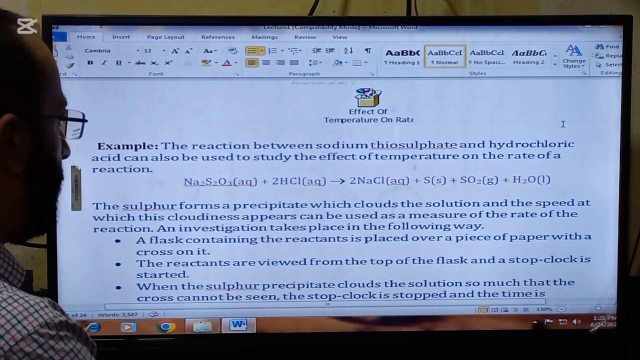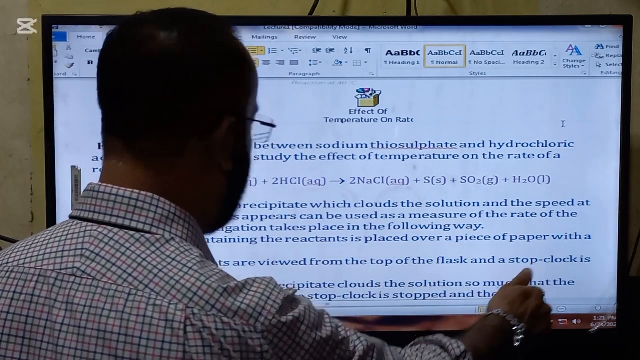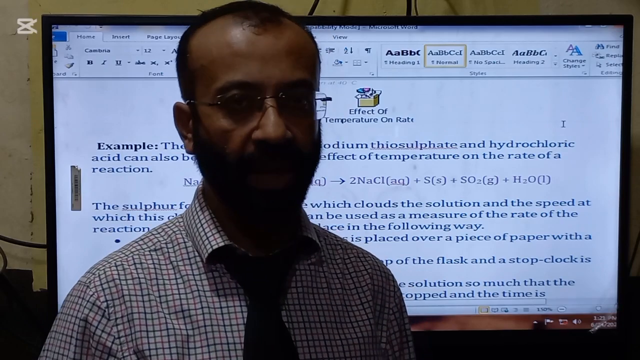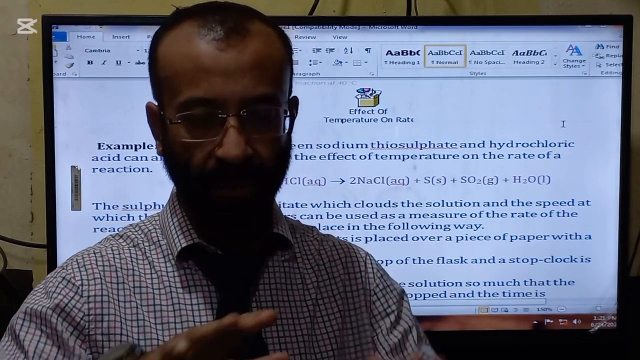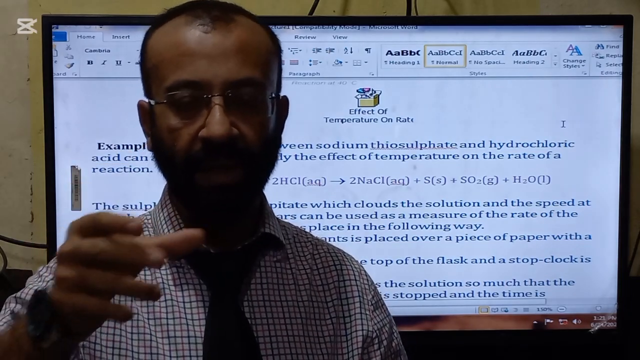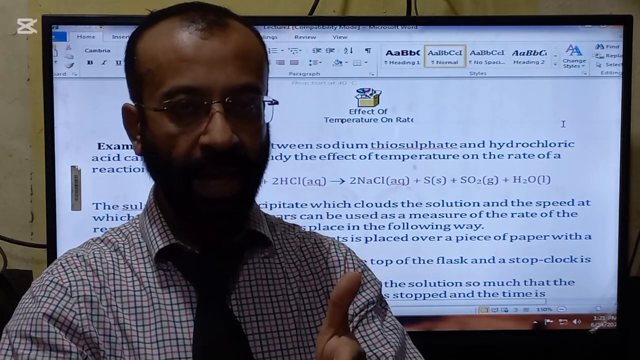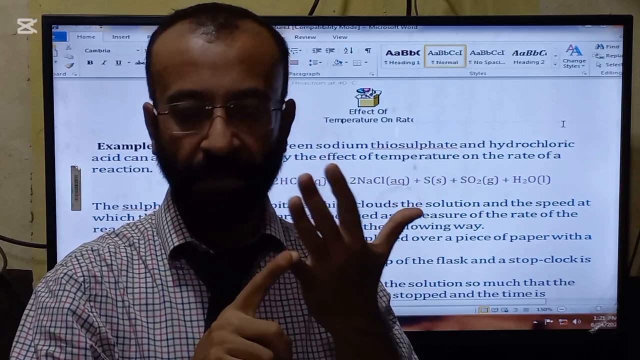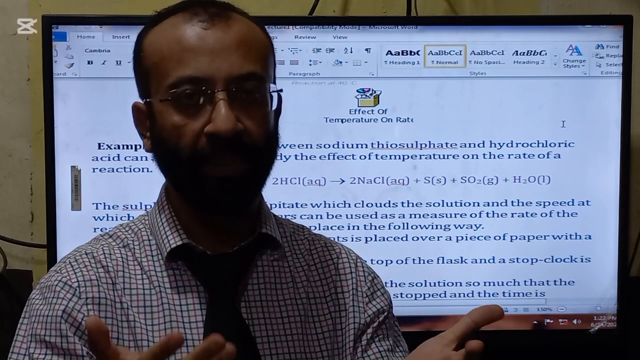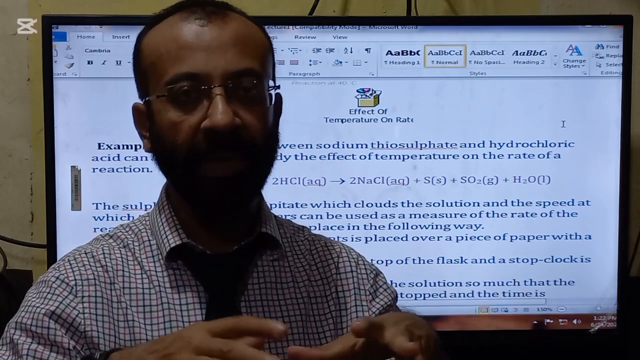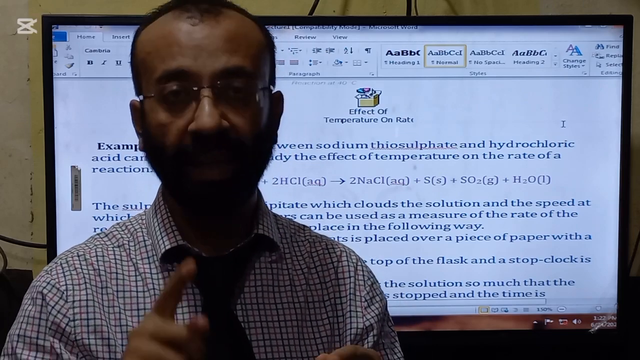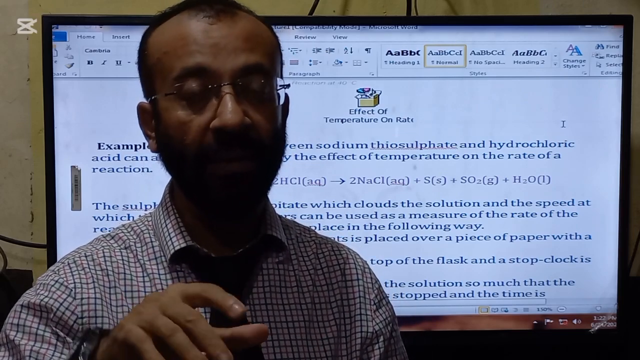A flask containing the reactants is placed over a piece of paper with a cross on it. So look now, we will place a cross on a piece of paper, and the paper will be put on the table. Then a flask will be put over it, and into the flask sodium thiosulfate and HCl will be put. After some time sulfur will be produced. The solution will become cloudy,